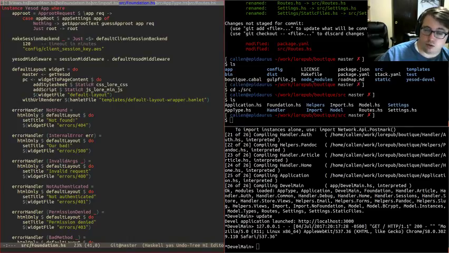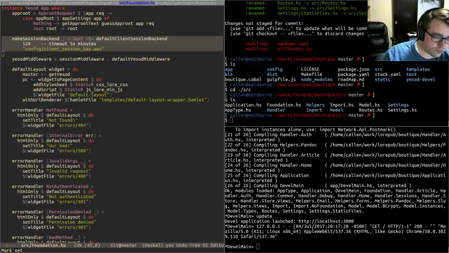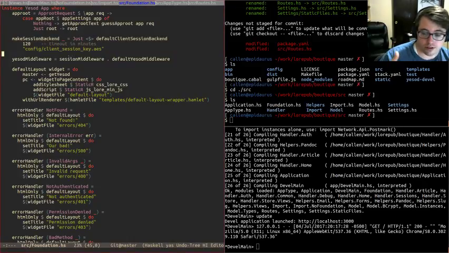App root isn't too interesting. It's basically just ascertaining the base of the URL for the app. That's not interesting. Session backend is exactly what it sounds like. In this case, I'm using client sessions. Client sessions are encrypted cookies in the browser,